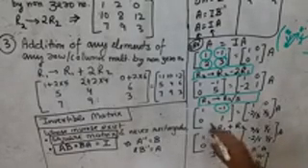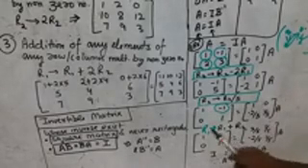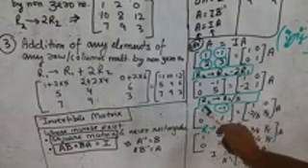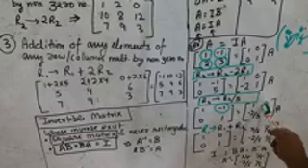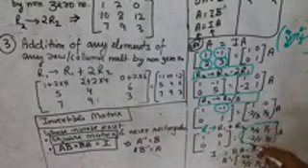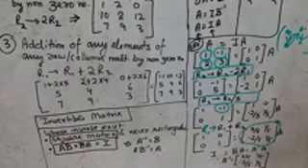Now what can we do? We can do R1 is changed to R1 plus R2. This will be 0 when we add these two rows. So we are changing R1 to R1 plus R2. 1 plus 0 is 1. Minus 1 plus 1 is 0. Now we have converted this side into the identity matrix. Same operation this side also. So whatever comes at this place will be the inverse matrix.